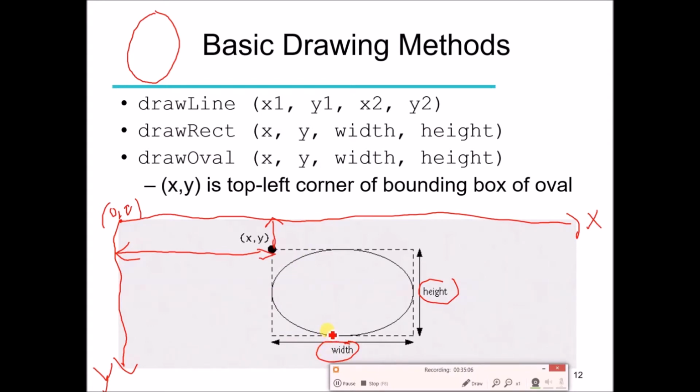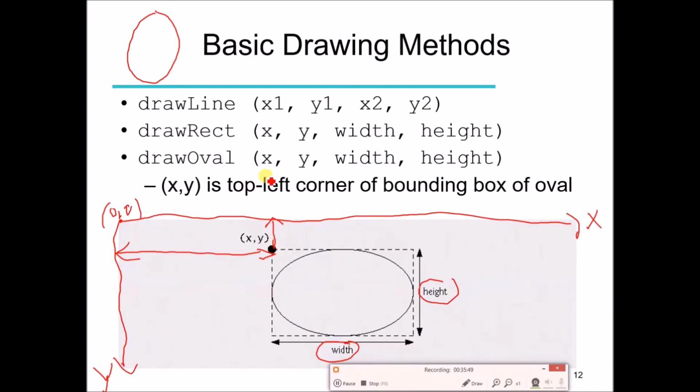So in order to draw the oval in Java, we are using a method which is very similar to the method drawRect. We are going to specify the top left corner not of the oval but of the rectangle, which is working like a bounding box of the oval. So you can imagine that the oval shape is bounded inside the rectangle, and the rectangle has the top left corner x and y. The bounding box of the rectangle is going to be used to draw the oval.